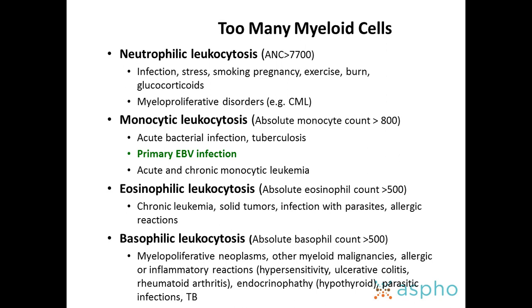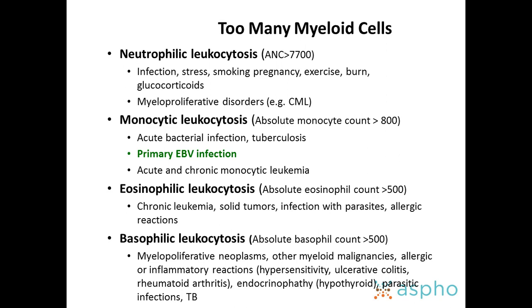So you do want to make sure that these are just sort of activated, angry, responsive, functional neutrophils and not pathologic, neoplastic neutrophils. Monocytic leukocytosis, so high absolute monocyte count. So I think the most famous version of this is going to be your primary EBV infection. So if you have some sort of scenario of a teenager coming home with big lymph nodes and huge white cell count and it's elevated monos, that's what that is. So EOs, we don't spend a lot of time thinking about EOs, but just remember that the main thing with eosinophils is parasites, but it can also be a harbinger of leukemia.